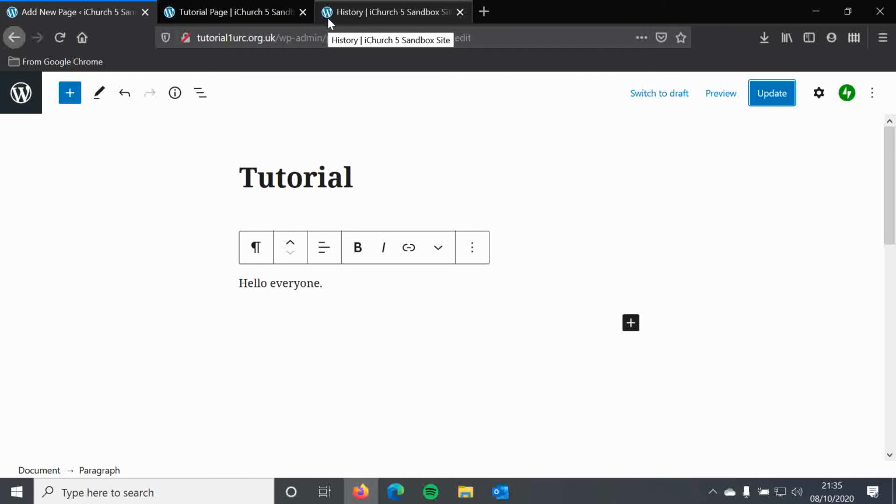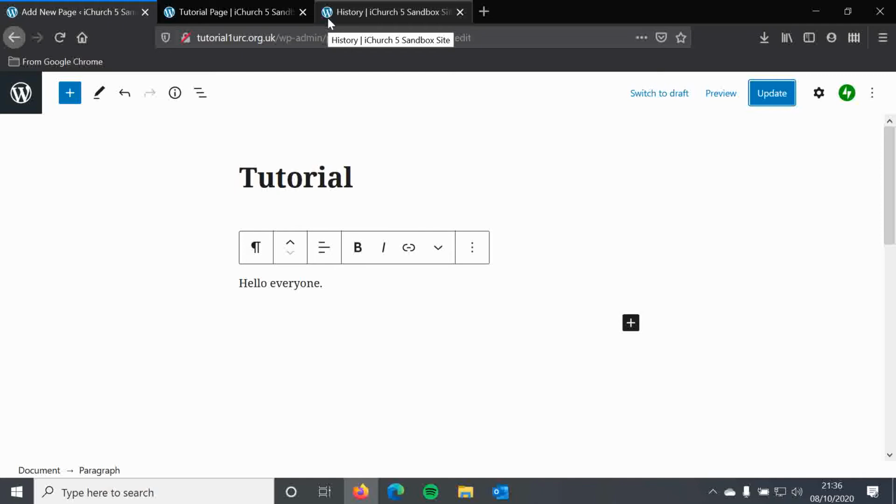Today is a follow-up from the last two tutorials, which were Pages Part 1 and Pages Part 2, because today we're going to be helping to put your mind at ease, and make you feel more confident in having a go at lots of different bits and bobs that iChurch has to offer. And the way we're going to do that is by telling you of the easy ways that you can